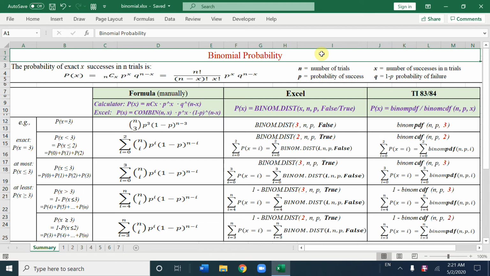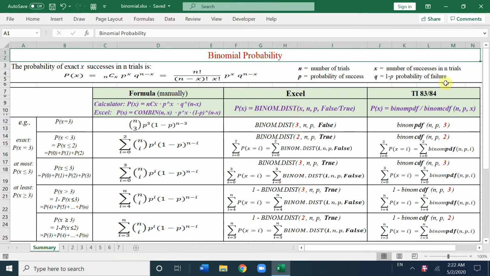For binomial probability, in the formula, n is the number of trials, x is the number of successes, p is the probability of success. Here I made a table for the summary of 3 ways to solve binomial probability. Based on the formula, we could use a calculator or Excel to do the calculation. And in Excel, we have the function